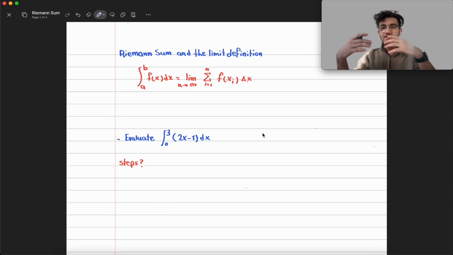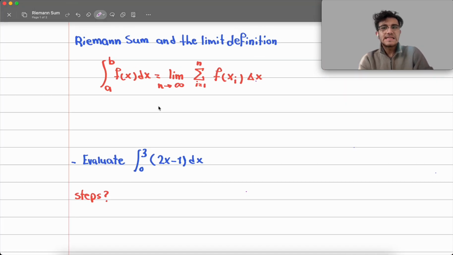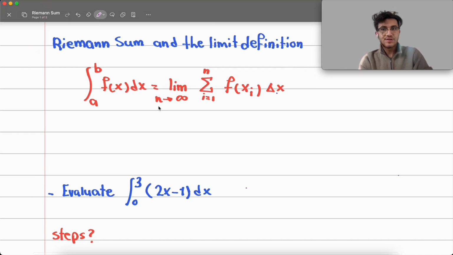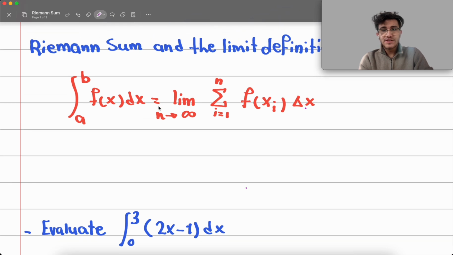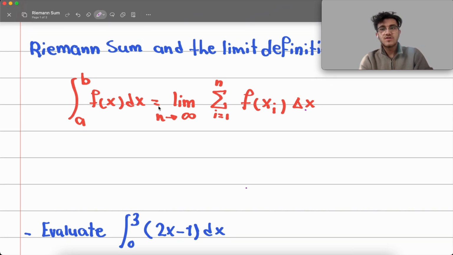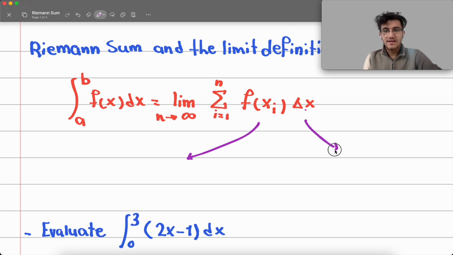In this video, we are going to use the limit definition to find the area under the graph and evaluate some integrals. But first, let's try to understand what the limit definition says and how we can use it. Basically, the limit definition says that the integral from a to b of f of x dx is exactly equal to the limit as n approaches positive infinity of the sigma notation of f of x sub i times delta x. The thing is, what is x sub i and what is delta x and what is f